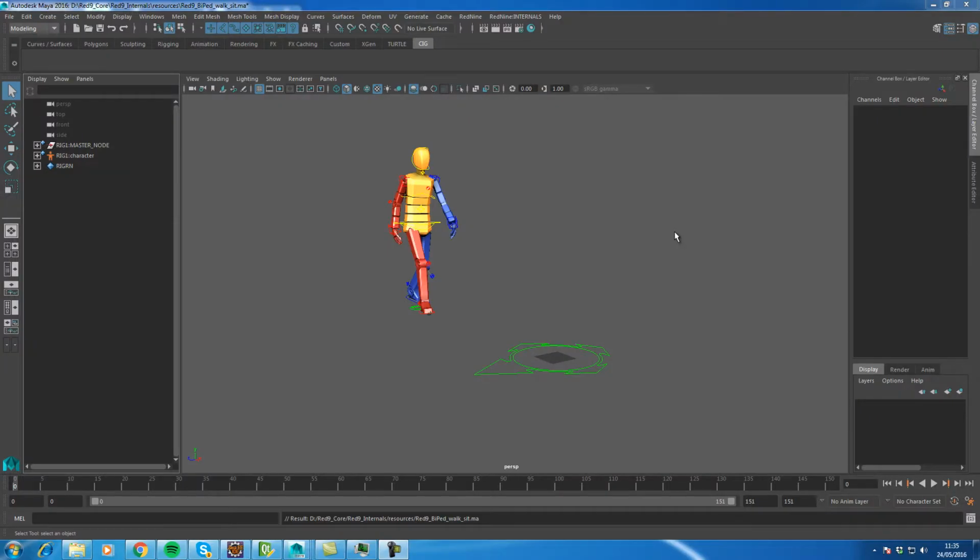Morning and welcome to another demo for the Red9 ProPack. This one is about the R9 anim format. This is something that we've been working on a lot recently for several clients, and also just to expand the